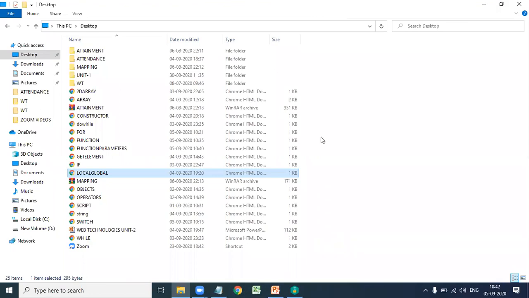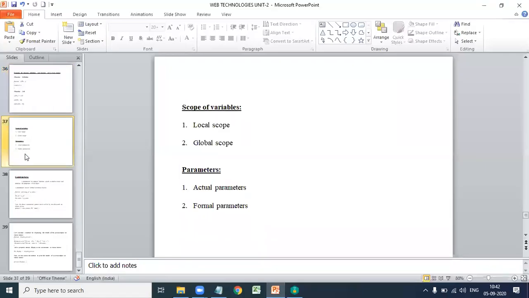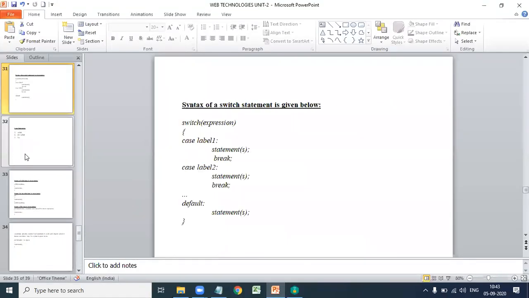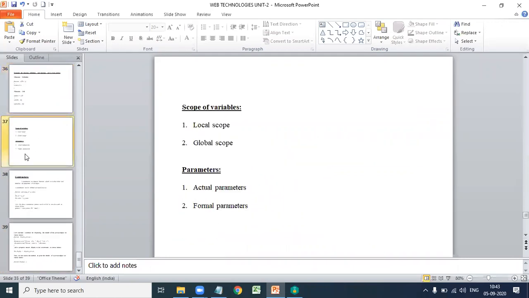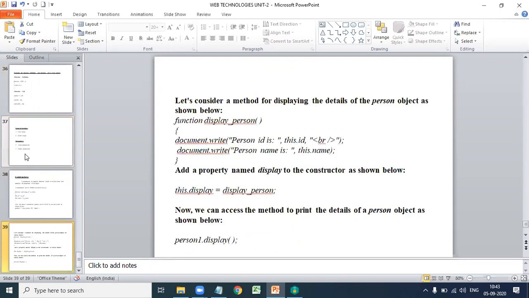In today's class we discussed different loop statements, selection statements, functions and variables, scope of variables, and actual parameters and formal parameters. So in the next class we discuss constructors.